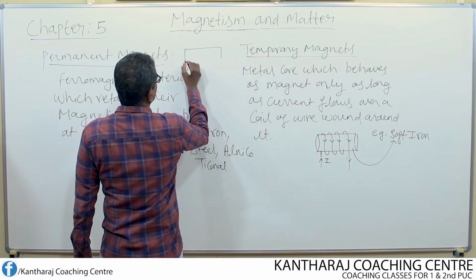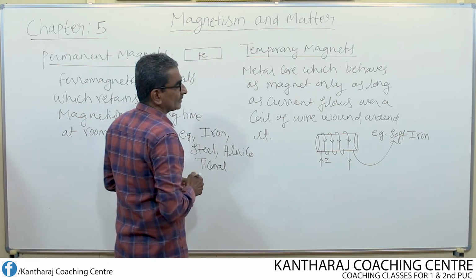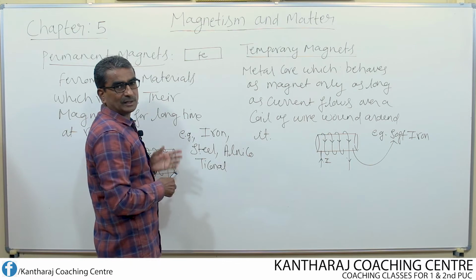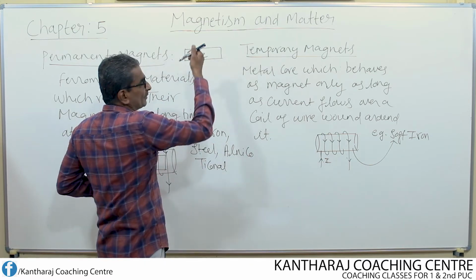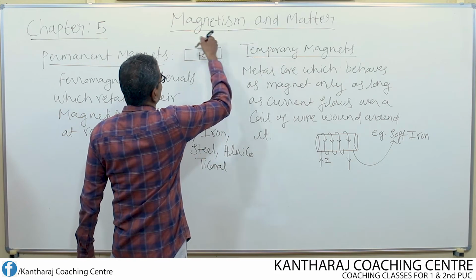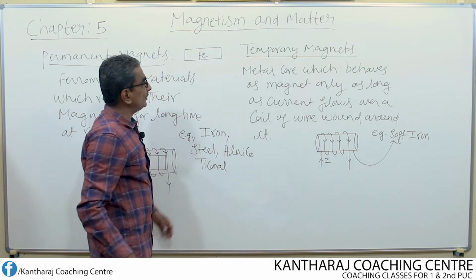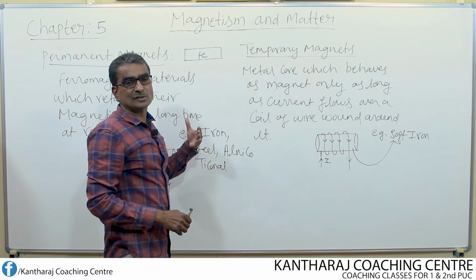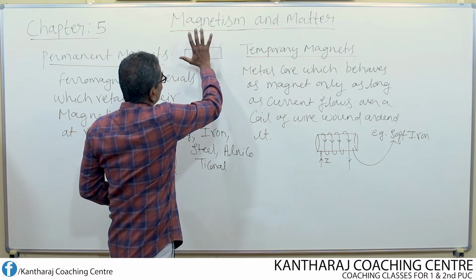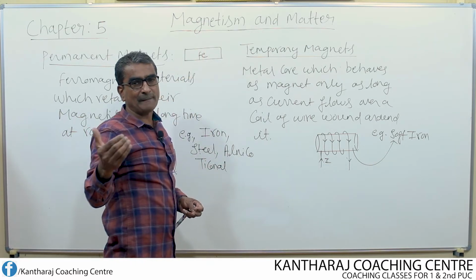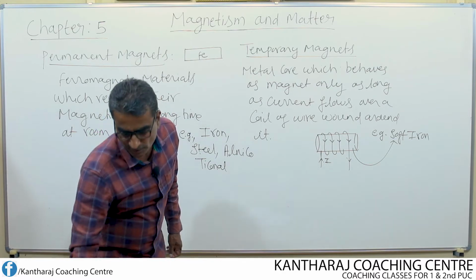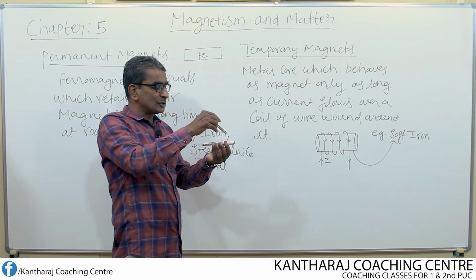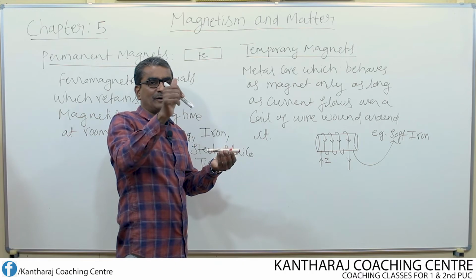Suppose I consider this as a ferromagnetic bar, which is not at all a magnet, it is only iron. Now if you stroke this using a powerful bar magnet, stroke meaning just rub like this over the surface of this iron bar, then after some time this bar behaves like a magnet with two poles. Suppose this is the iron bar. I simply stroke like this from one end to another end using one powerful bar magnet.